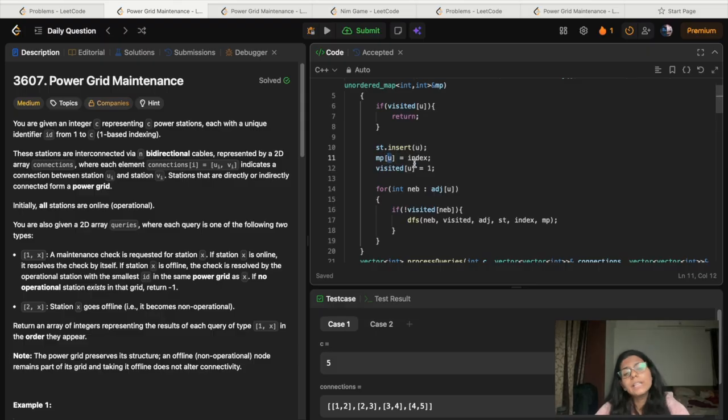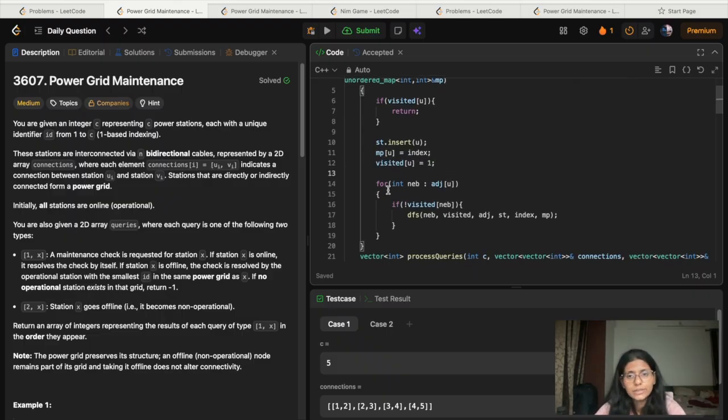I am a part of that set. Basically this node is a part of this set, that's why I'm mapping it. Map of node equals index basically means that node is a part of the set at this index. And I have visited it, that's why I did this.